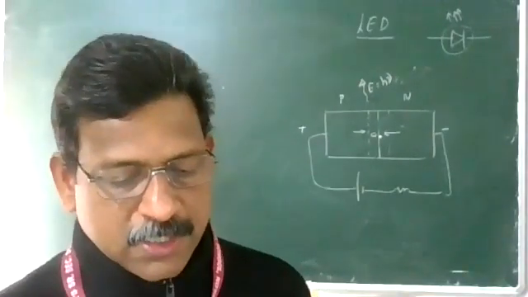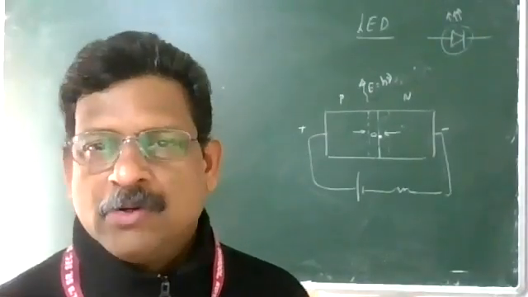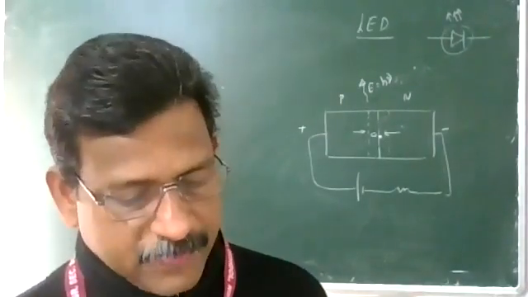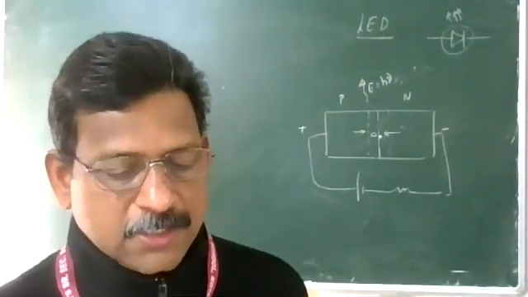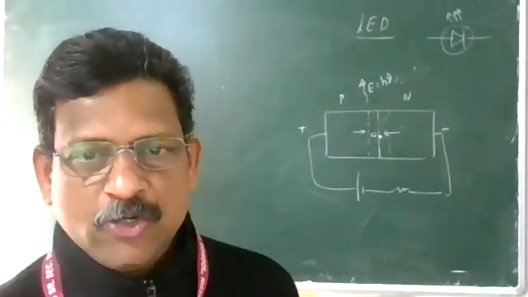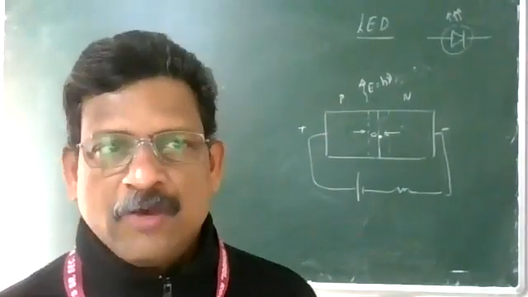The diode is covered with a transparent cover so that the emitted light can come out. The plastic case can be used. Now, what will happen in the working? When the light emitting diode is forward biased, electrons are sent from the N side to the P side and holes from the P side to the N side. That is already familiar to you.